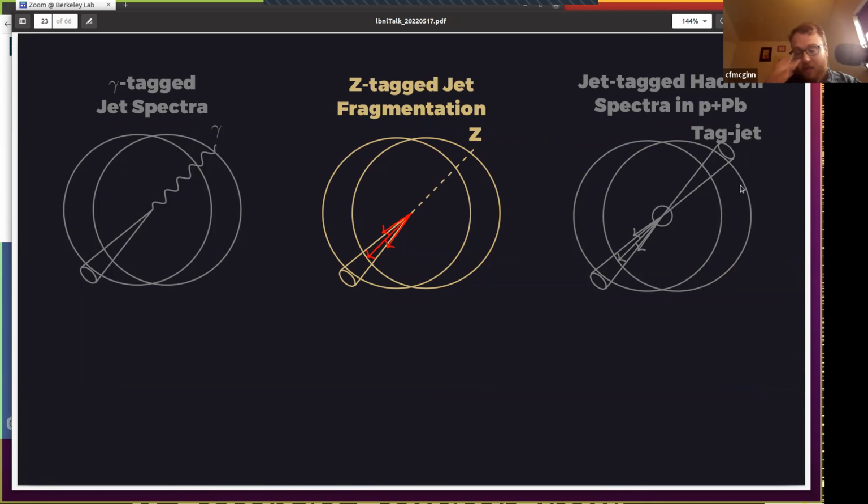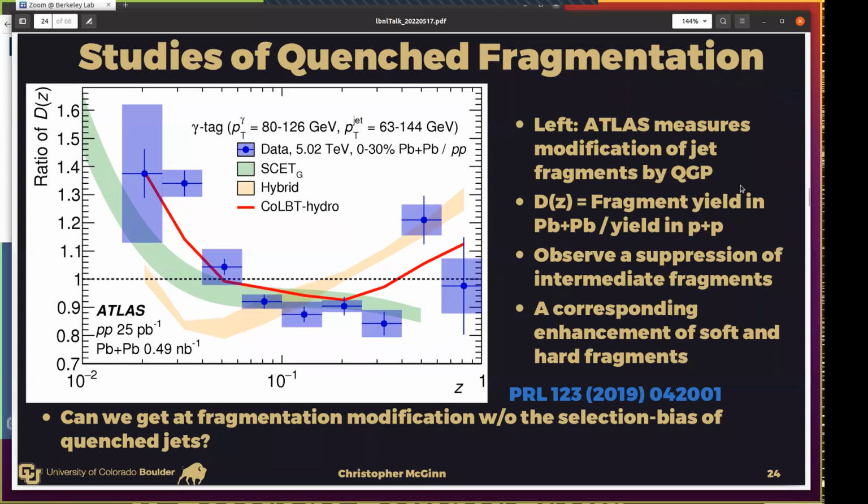Okay, well, let's keep moving with the Z-tag jet fragmentation. Z-tag jet fragmentation is also not a new idea, or looking at fragments opposite a colorless tag like a gamma, which is shown in this ATLAS study here. These are not new ideas. This is a measurement of jet fragments within the QGP. Modified D(z) is a ratio of lead to PP, and z is the fraction of the jet's energy that a